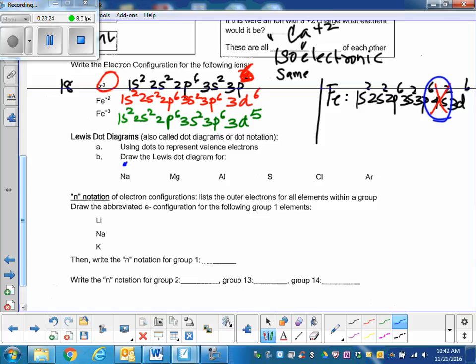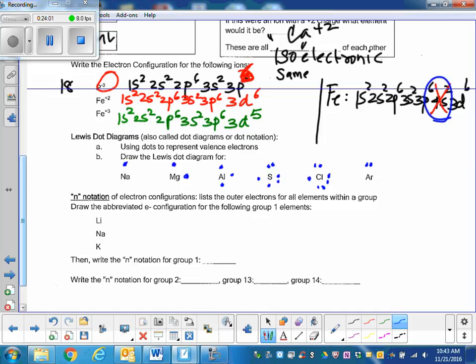Magnesium has how many valence electrons? 2. Now you draw dots like this. You draw dots in the 12 o'clock, 3 o'clock, 6 o'clock and 9 o'clock positions. Aluminum is 3, so that's 3 dots. Sulfur is 6. 1, 2, 3, 4, 5, 6. Now in this 6, tell me how many paired electrons does it have? How many single electrons does it have? 2 single electrons, all right? Chlorine has 7